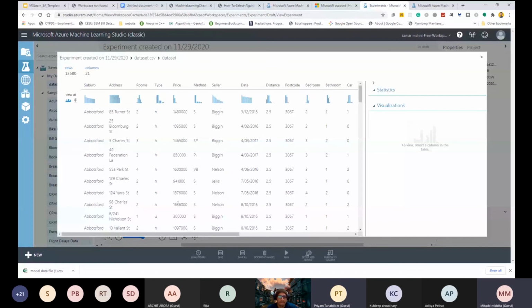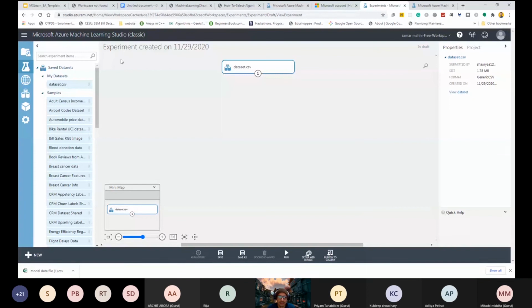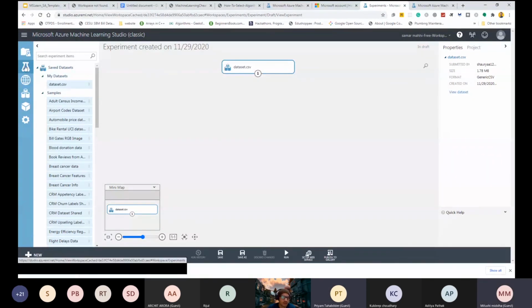Excuse me, I wasn't there when you showed how to create a new experiment. Sorry to disturb you. Okay, what is the problem? Please repeat that. Have you created the experiment part? No, that's the problem. How do I create the new experiment? No worry. Here you can see the experiment option.